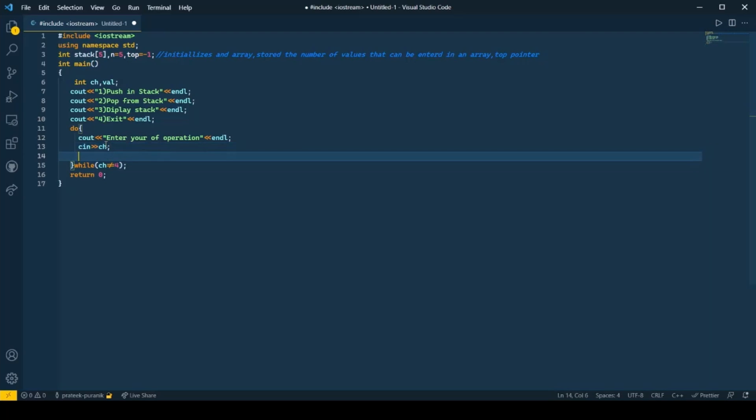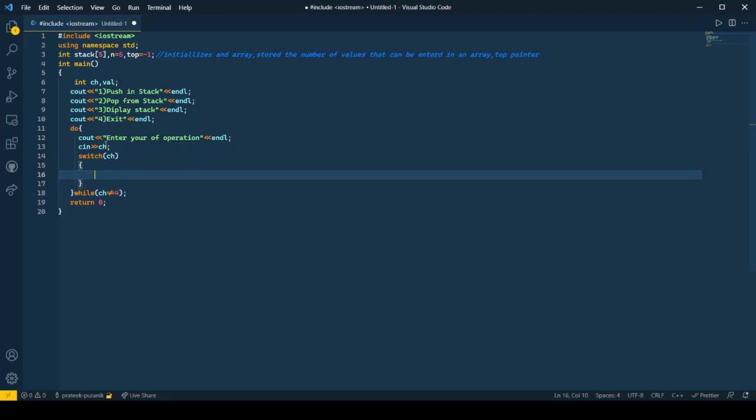This would be the choice of the operation which he wants to perform. Now we would then declare the switch case. So the switch case would be built around the switch function, which would look something like this, and it would be based upon the ch value which you have entered from the user.